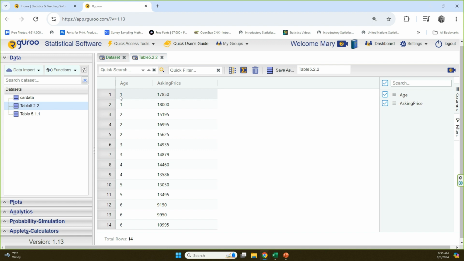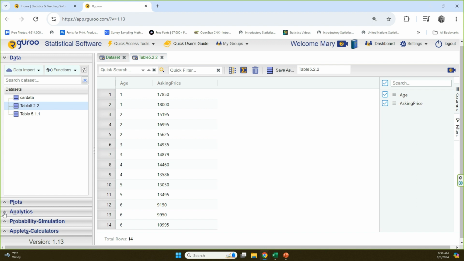All right, so again, 14 Honda Civics. And again, we get two pieces of information on them. This is bivariate data. We get the age of the car and then what they're asking for when they sell it. All right, so we want to see if there is a linear trend. Actually, there is a linear trend, but we're going to go straight to finding that least squares regression line or equation. And you can do that by